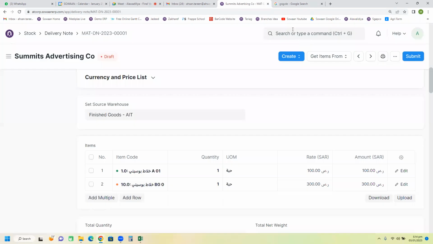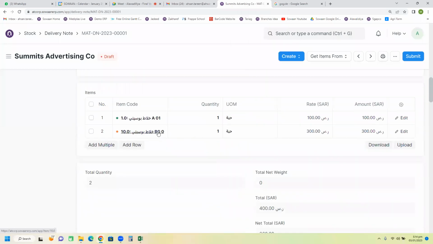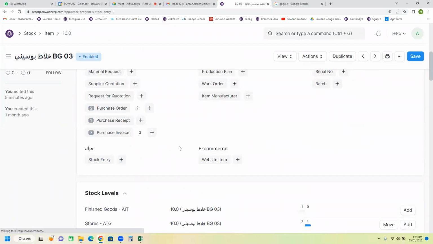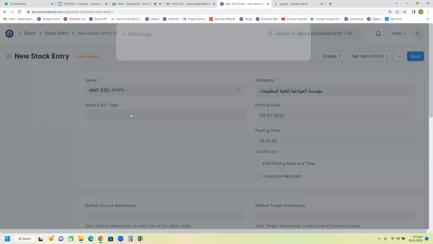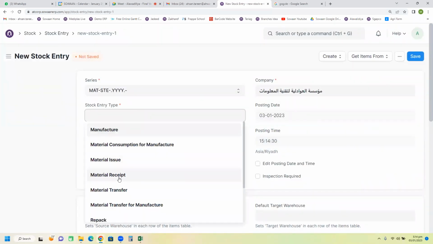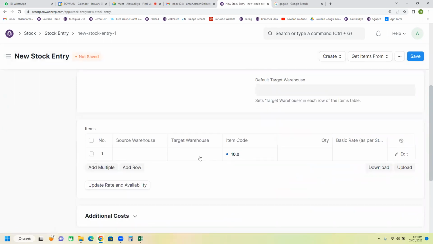But I'll make it submit by pushing the way. I'll show you how you can jump and record an item instantly without a cycle. For example, by this stock entry document, you can just make a receipt, a stock entry of type receipt, which is going to input an incoming quantity in any store like this. This is going to be a GRN, but this is not going to be through the proper channel. So I'm recording this material stock into the warehouse